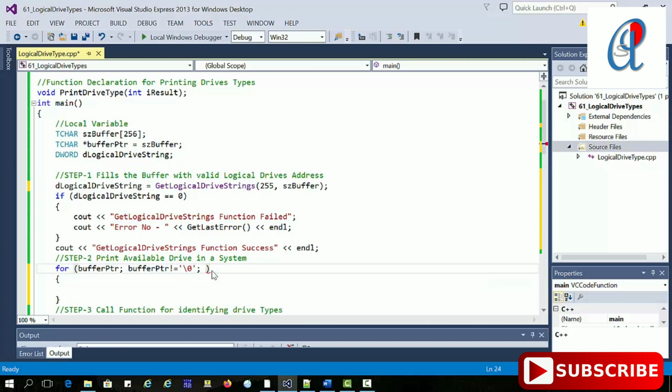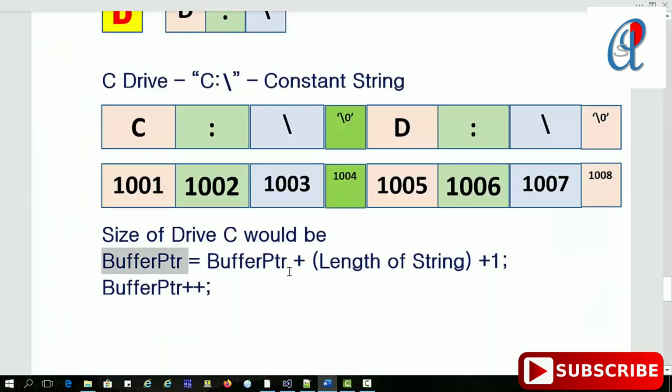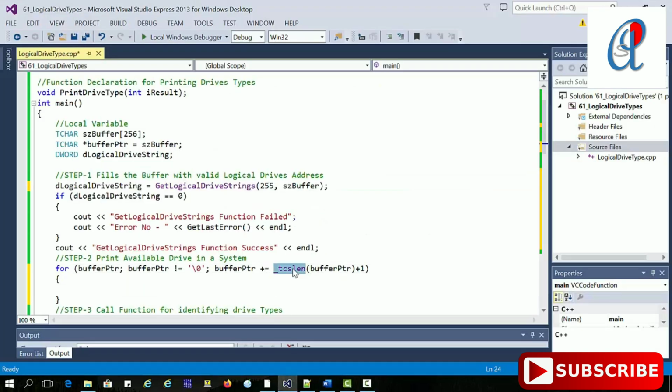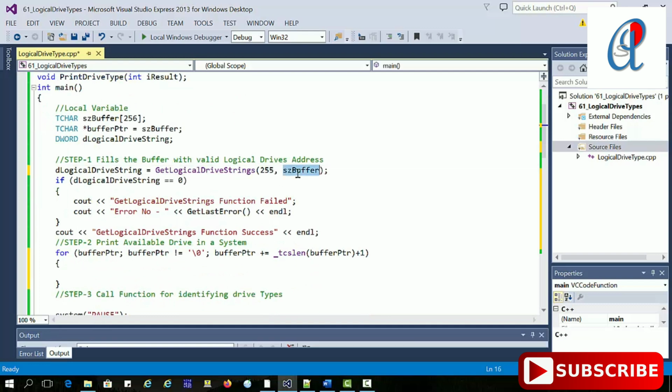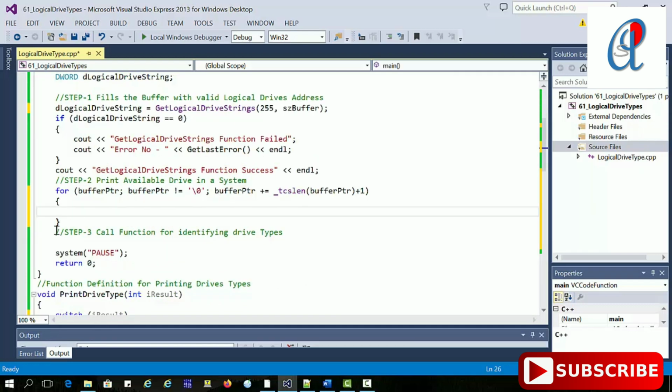And now here I am writing it like that, because I have already explained how to increase that buffer pointer. Same logic here, I am writing tcslen. Why am I using it? Because I am using TCHAR, and don't forget to include the header files, because that function assumes TCHARs.